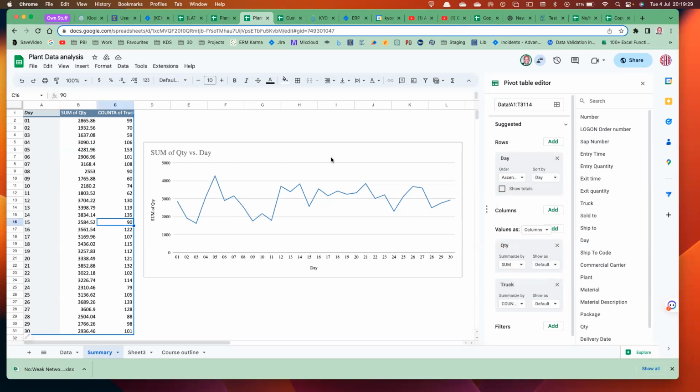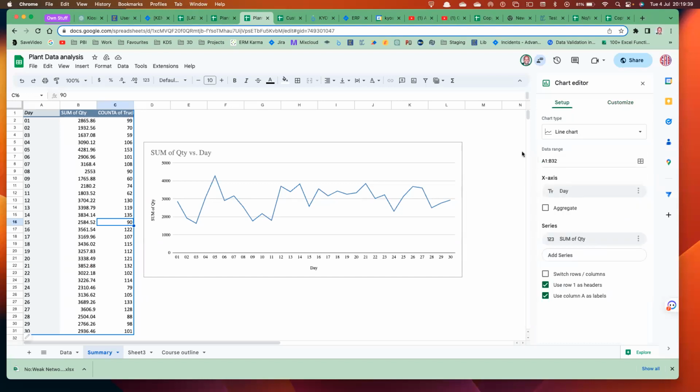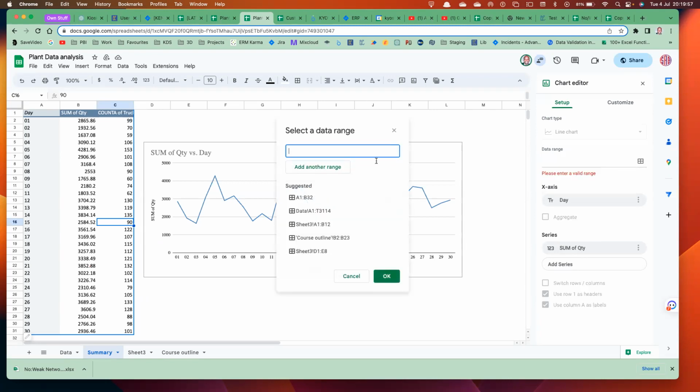So if you needed to add this number on this chart, what do you do? You'll always double click on this chart, come on setup. You see this chart is picking from A1 to B32. We want it to cover also C. It is just a matter of changing this to C, or delete everything here, click on this select data again. Then you select your data fresh like this. So the moment you select your data fresh and say okay,